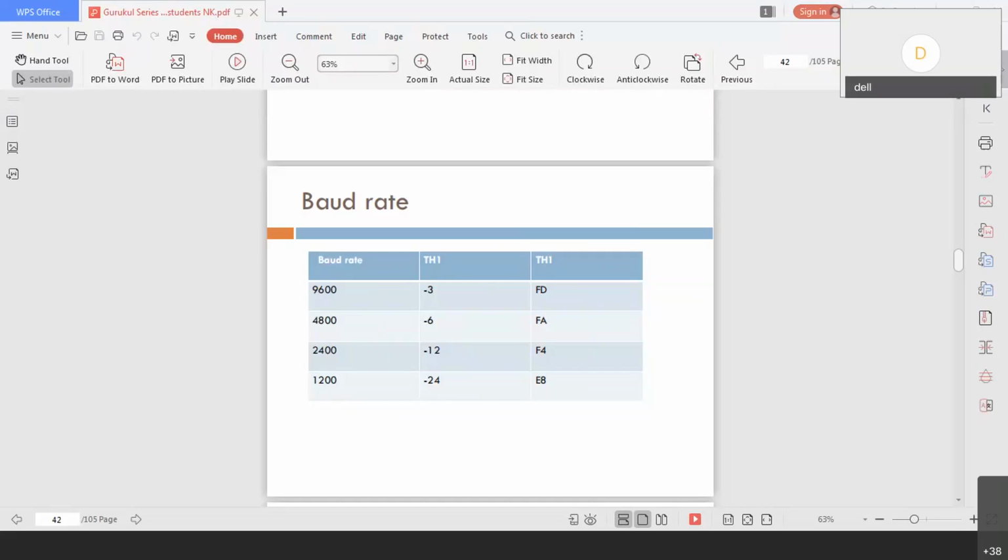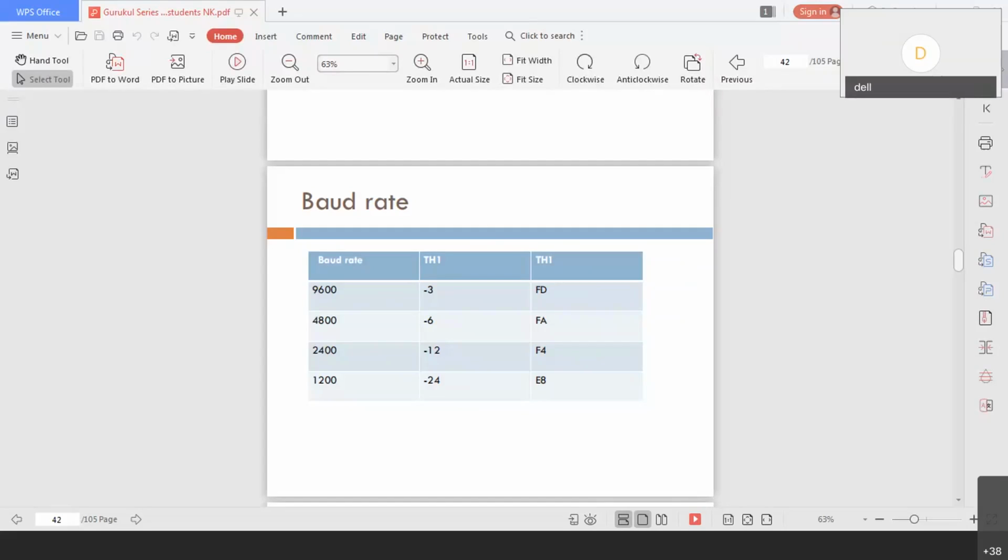When you go to the calculator in hexadecimal, if you do 0 minus 3, you'll get FD only. So FD is the same as -3 in decimal. FA in hexadecimal is the same as -6. F4 is the same as -12 in decimal. Like E8 is the hexadecimal value, -24 is the decimal value. Either you can put this value or that value, and internally it will take care of it, -3 same as FD.